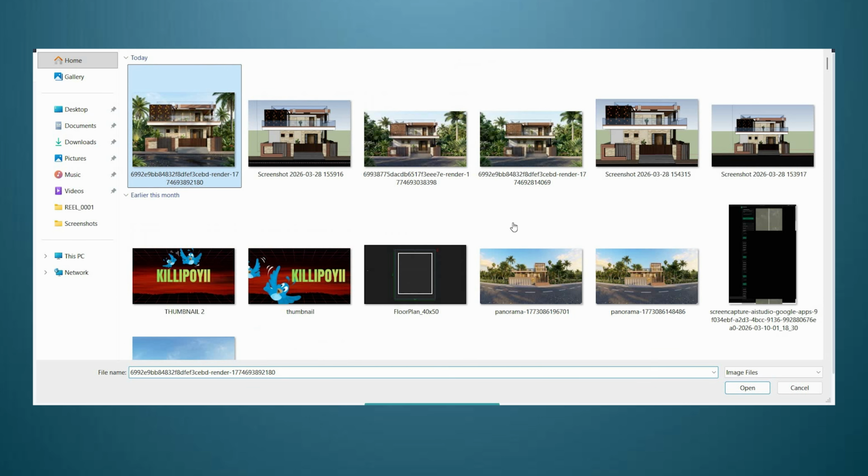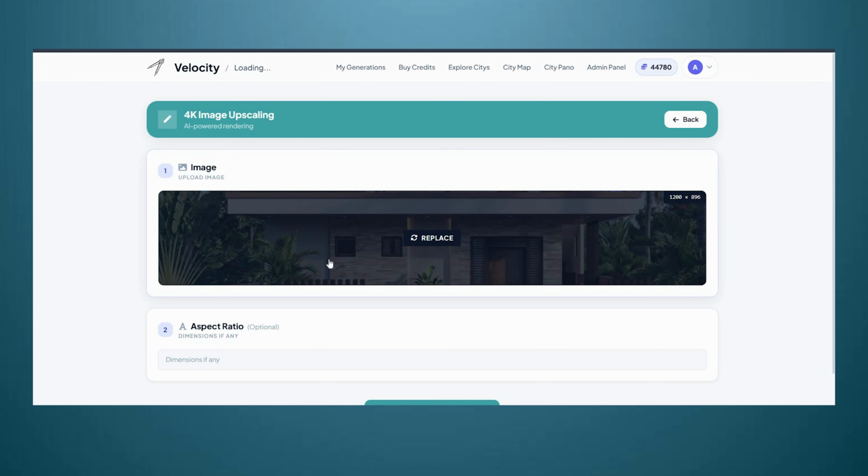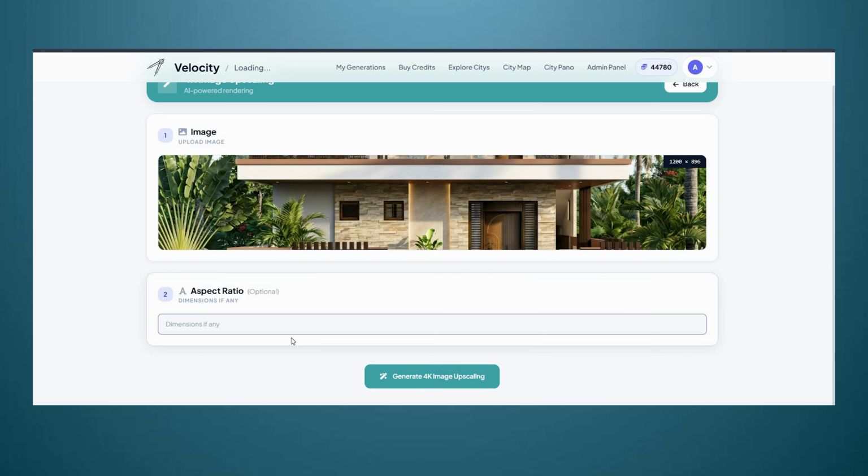I will click on 4K image upscaling. I will upload my rendered image which we just took the render of. Now you need to mention the aspect ratio, what should be the output. If you are not mentioning the aspect ratio, then the default aspect ratio will be 7:5. But as of now, this image is 16:9, so I will make sure that I am having the input of 16:9 as my aspect ratio for my 4K image generation. Once I have provided my aspect ratio, I will click on Generate 4K image upscaling,